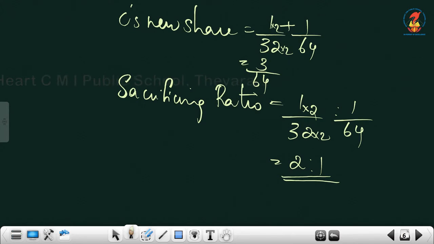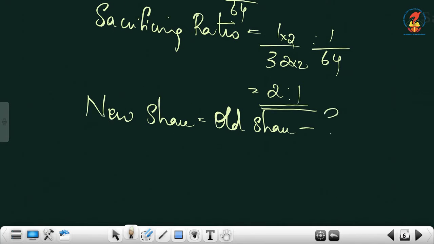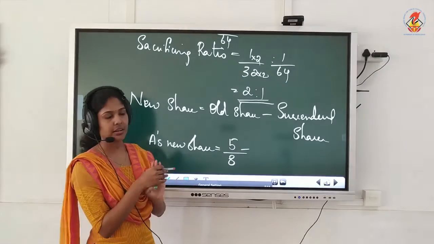Next we have to get the new ratio. So new ratio or new share is equal to, write the formula once again, that is old share minus surrendered share or sacrifice share. So old share minus surrendered share, that is new share formula. We have to first get the new share of A. A's new share will be equal to, what is A's old share? A's old share is 5/8 minus,